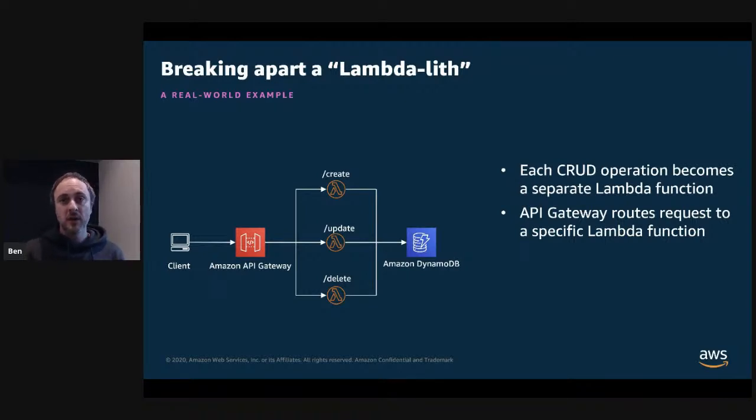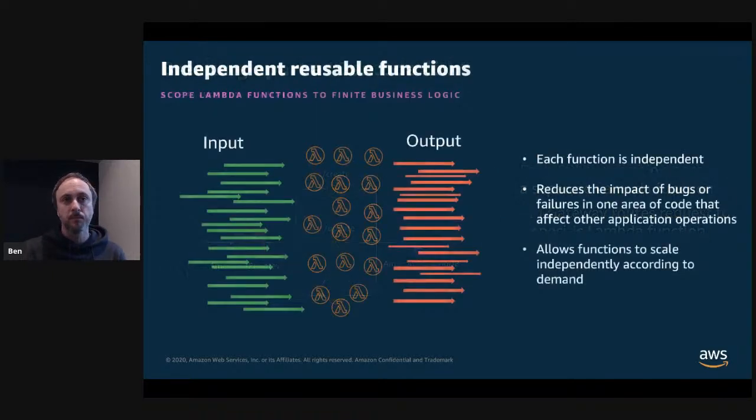By using the built-in routing capabilities of API Gateway, you can configure each request to route to a specific Lambda function. This takes away the overhead of having to maintain routing logic within your Lambda function's code, and it reduces the complexity of the application, which reduces the scope of each Lambda function as well. That allows you to then allocate the minimum required security permissions to each function, which is something we'll talk about in just a moment.